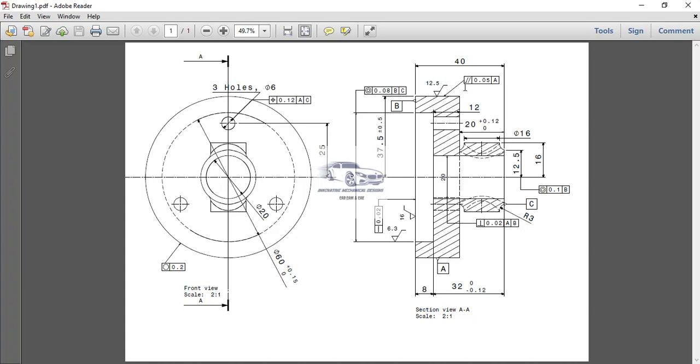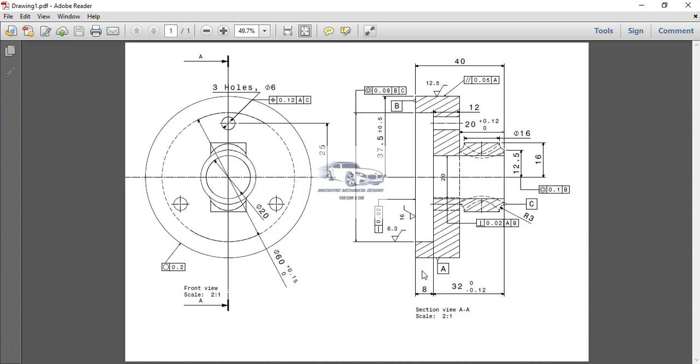This is a symbol of parallelism with respect to datum A. Now datum A is this edge. So what it means is this particular edge, due to limitation of the manufacturing in terms of being perfectly parallel to this reference edge, will deviate by 0.05, means it will be simply inclined, not perfectly parallel with respect to this particular edge.